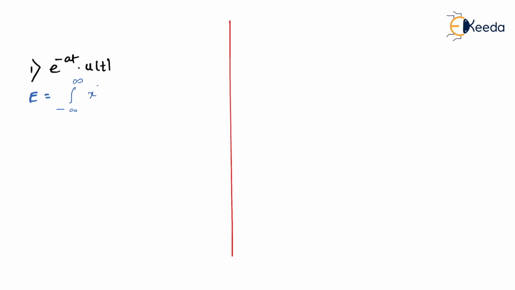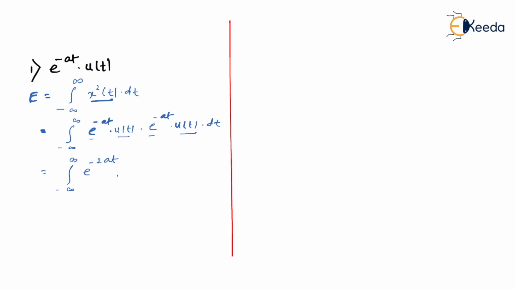Integration over minus infinity to infinity. Now I can write x square of t dt easily because there is an absence of j. No j exists in the given expression. Therefore, I can write x square of t instead of writing mod of x of t whole square, from minus infinity to infinity. Now, if you square this, it would be e to the power -at u of t, again multiplied with e to the power -at u of t dt. Is that right? Now e to the power -at times e to the power -at will become e to the power -2at.